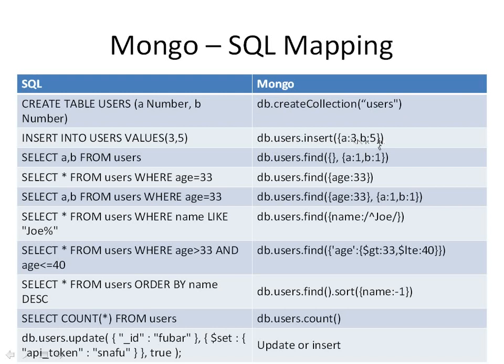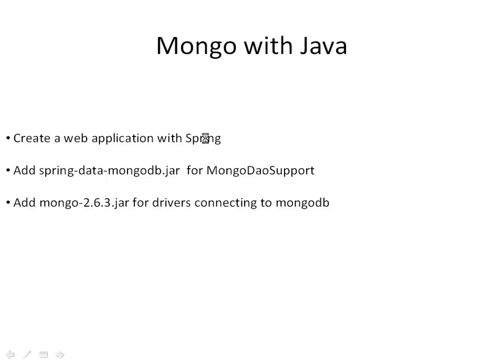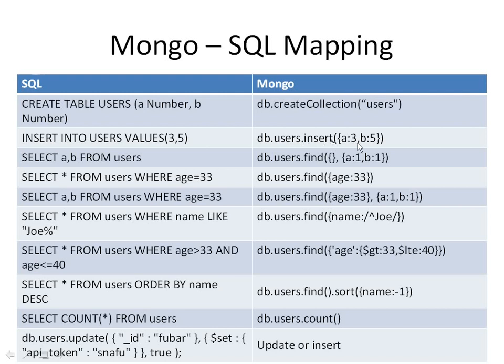So basically now you can see here, the user is now containing 2 attributes where a is 3 and b is 5. If I want to again fire a query which says db.users.insert a colon 3, b colon 5, c colon 7, then there would be a second entry which will contain 3 attributes. So here each row can have a different number of columns.